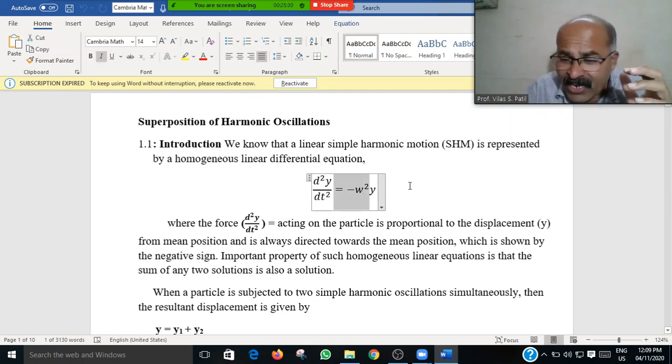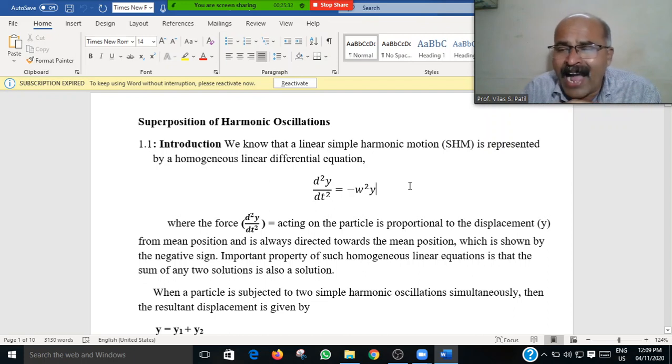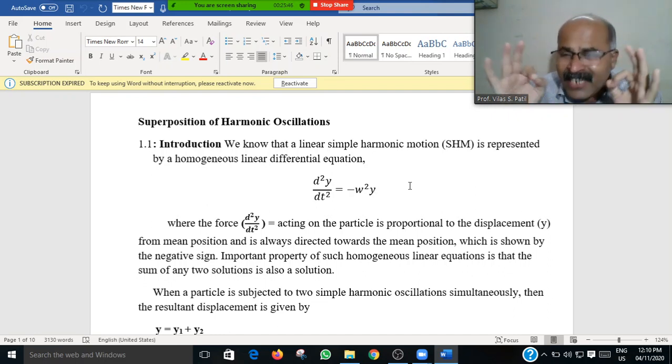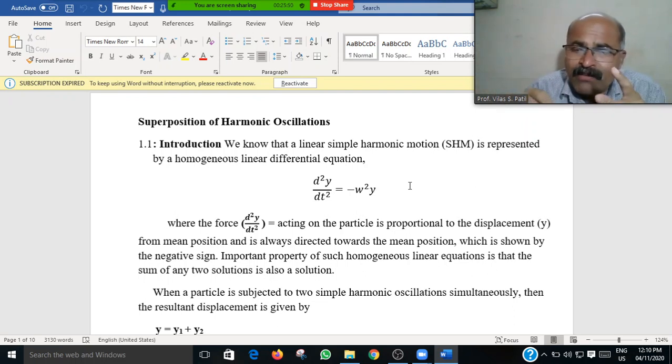That is the differential equation काय आहे, d2y by dt square is equal to minus omega square y, where y is the displacement, and the minus sign is due to the restoring force, because in oscillatory motion the restoring force and the displacement are in opposite direction, and due to that the minus sign is written. See here,